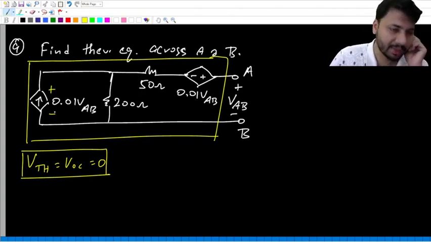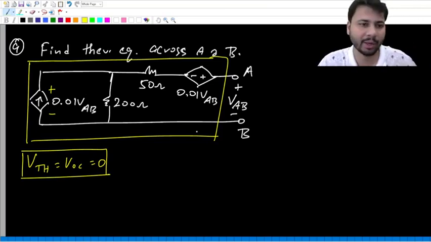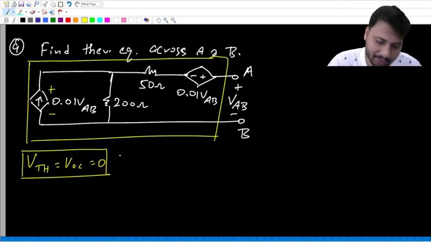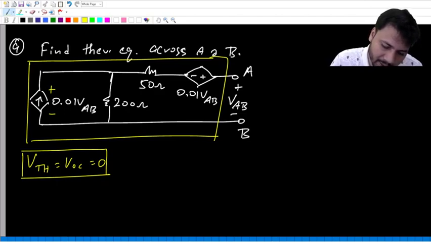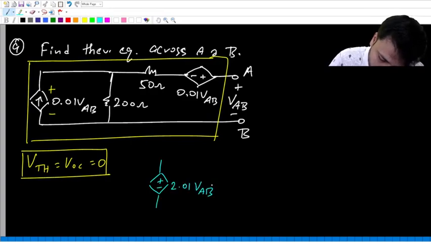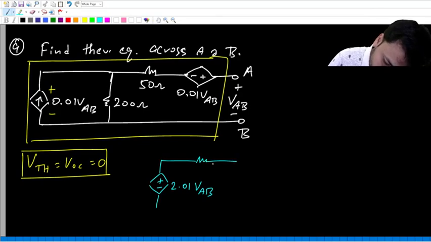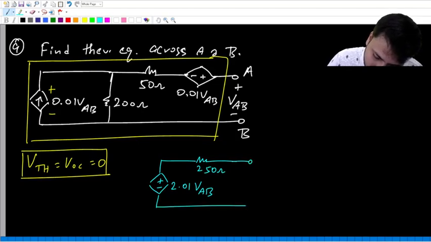Even that 2 VAB dependent source will be in series with the other dependent source. So this will be plus minus like this. Plus is connected to minus. So both the dependent sources can be combined into a single dependent voltage source. I hope you are getting what I am trying to say. So 2 VAB plus 0.01 VAB. So finally, this can be simplified into a single dependent source of value 2.01 VAB in series with a single resistance of value 250 ohms